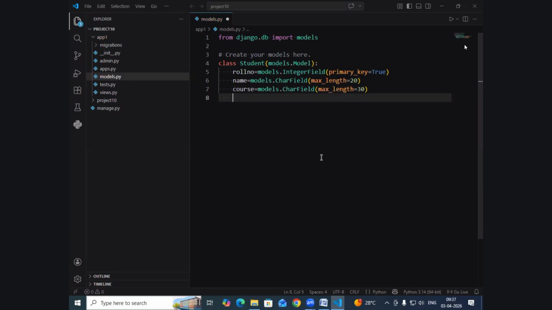And again, what is this here? Fees, and models.FloatField. So how many fields does my model have? Four fields: roll number, name, course, and fees. Okay, right? So after creating a model,